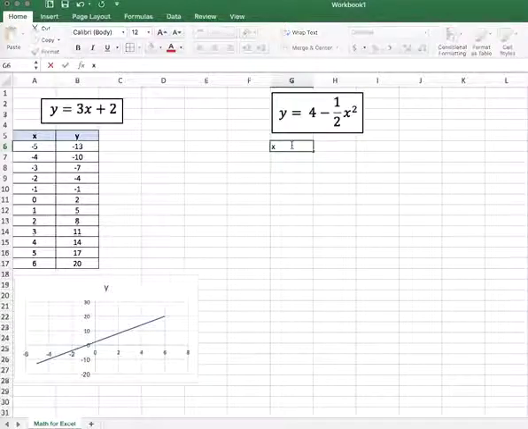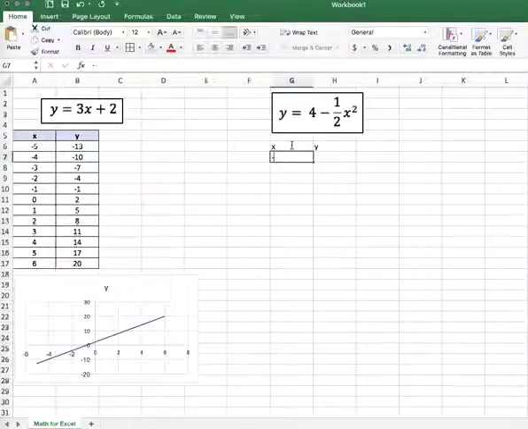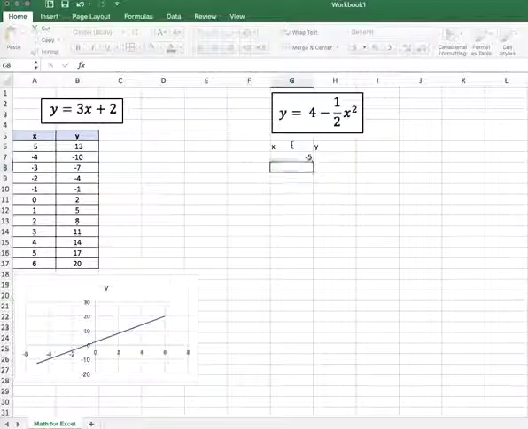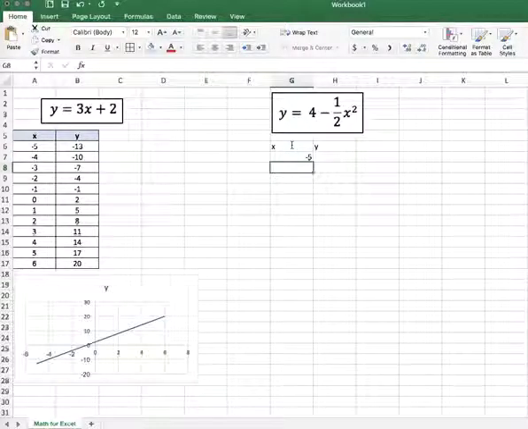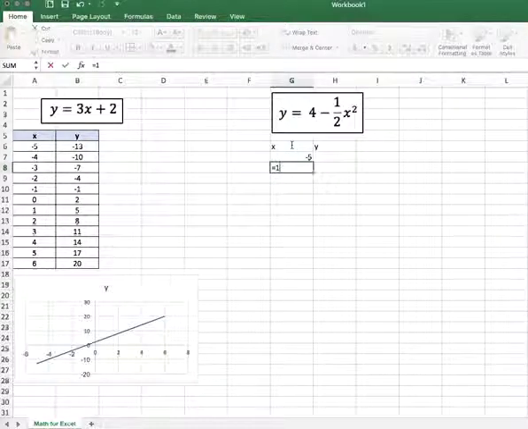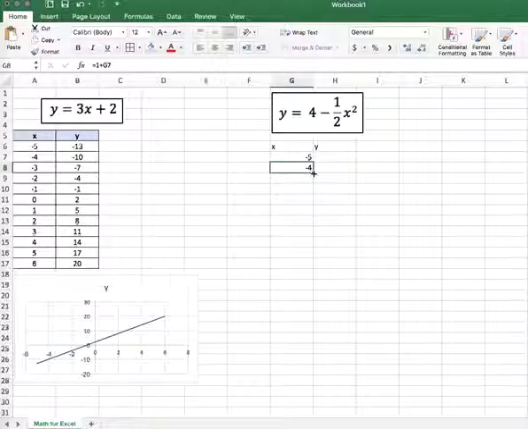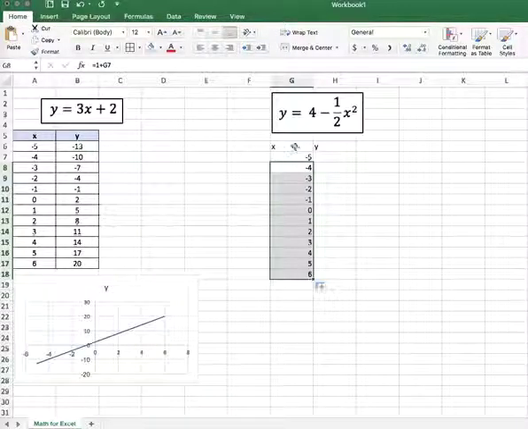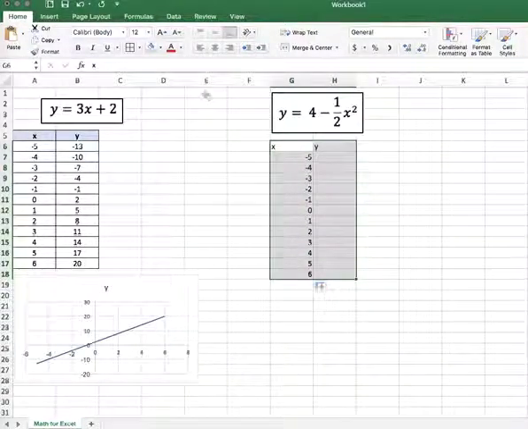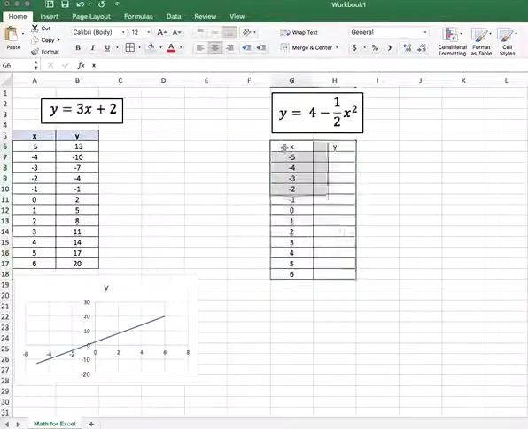There's my graph. So now let's create the table of values for my quadratic equation. Again, I start with the X and the Y for my column headers. I'll start from X equals -5, hit Enter. That brings me to the cell below. I type equals 1 plus the cell above. I click on it, I hit Enter, and now I can copy and paste the formulas so that it generates all of my X values. I format my table,